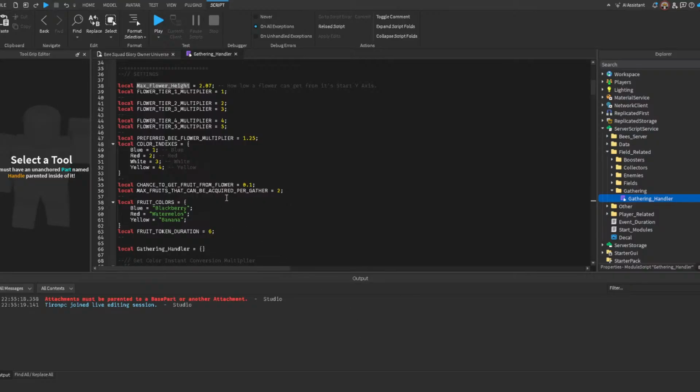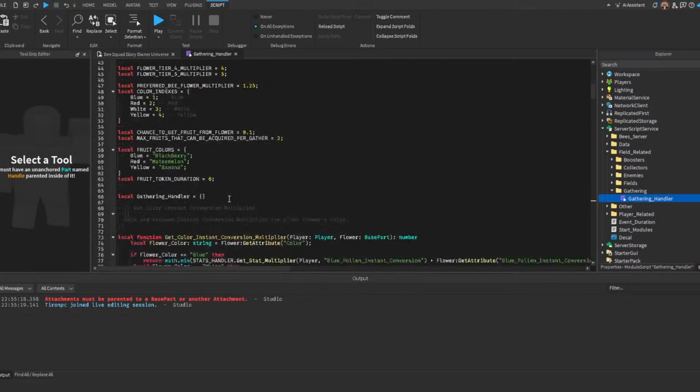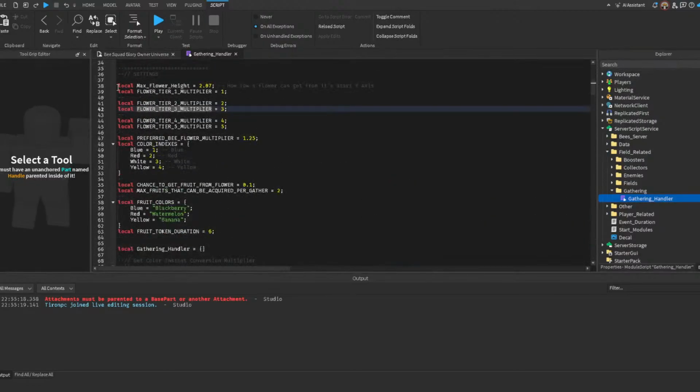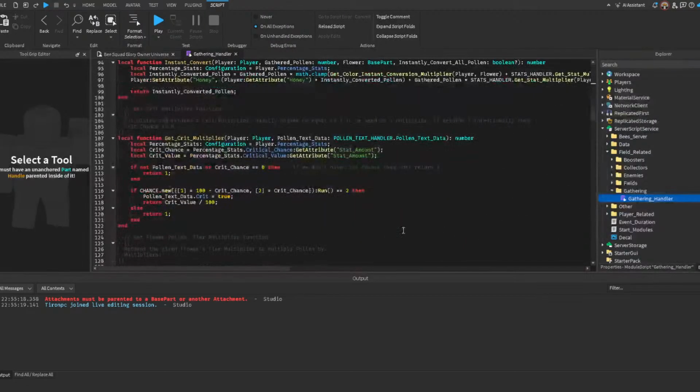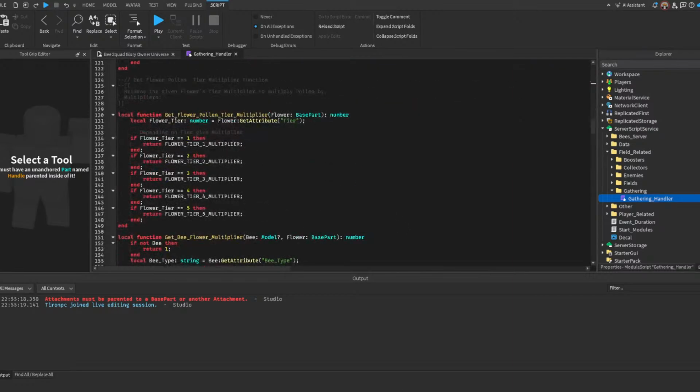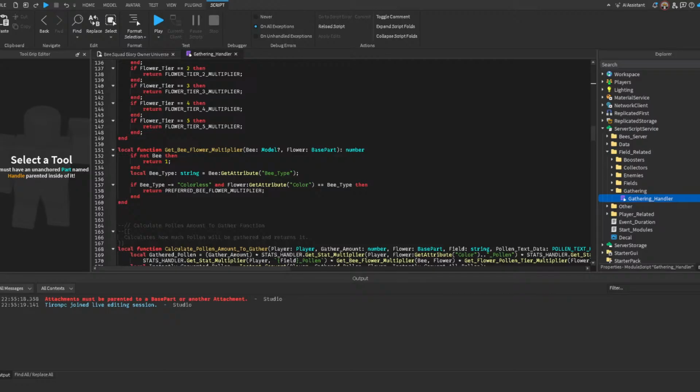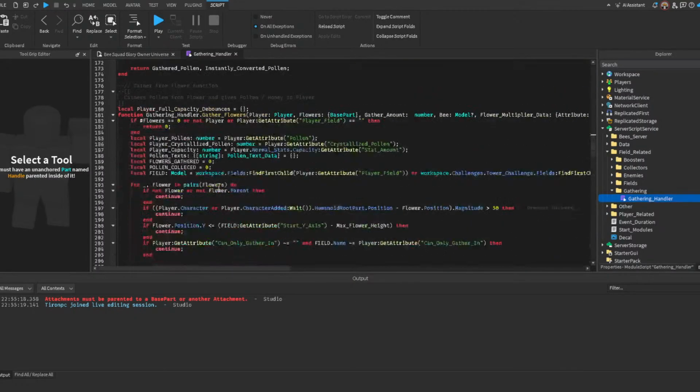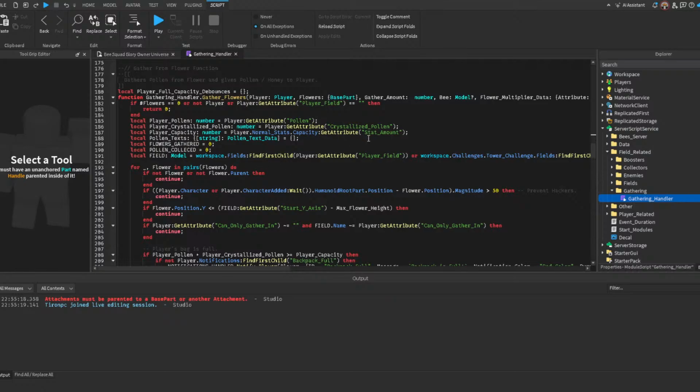So basically, I'm not going to do all these other calculations. I'm just going to grab in the pollen to gather, the gather amount. Pass that in. There's going to be this right here. It's going to be 15. Also, I'm only grabbing this. You guys are only seeing this, okay? So here